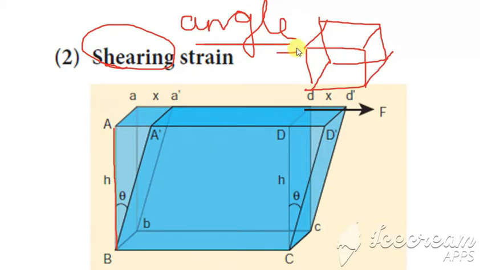Then what you are going to do is apply the force. So if you apply the force, what happens? It gets tilted, like this. So this straight one gets tilted. And if it is getting tilted, it makes some angle, that is given by the angle theta. Here let us consider this distance, how much it is changing from here to here, that is considered to be x.